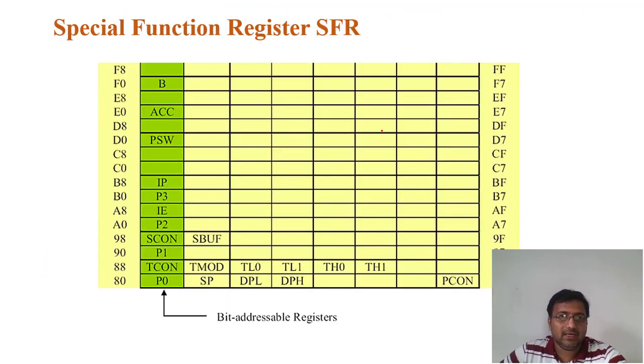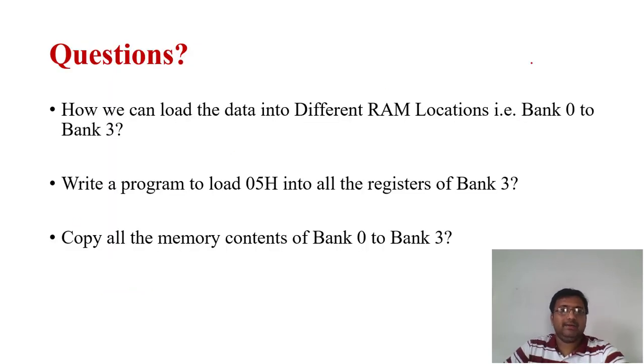Alright, so these are the special function registers. As we have seen, from 80 onwards to FF we have special function registers, and these are the registers located at those particular memory locations. Like we have accumulator at E0, and at F0 we have the B register and all. Okay, so these are all 8-bit registers. Now we can see some programming about this. So we'll switch over to programming mode.